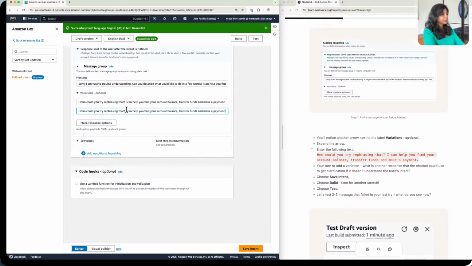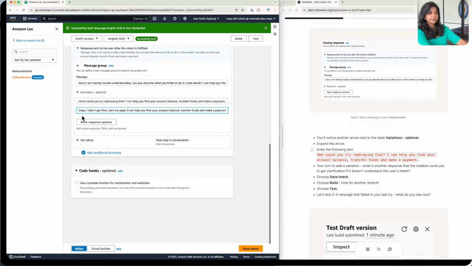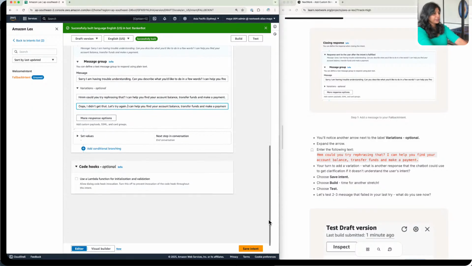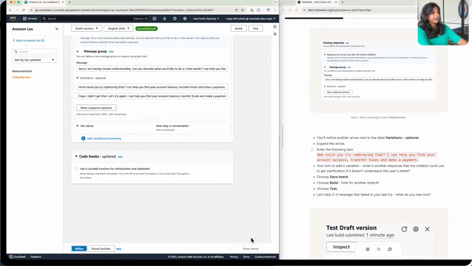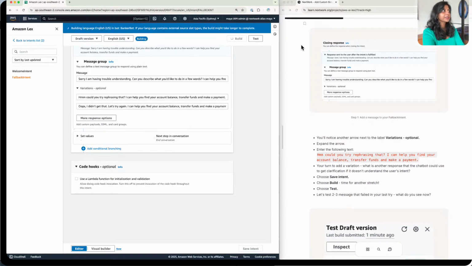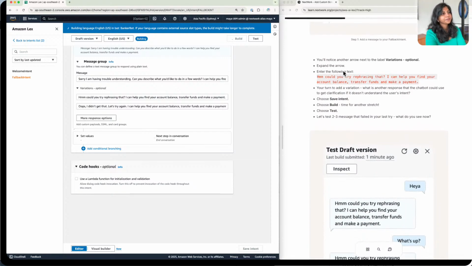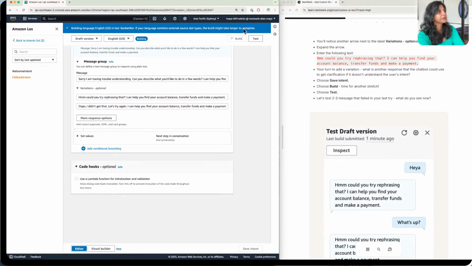I can say, "Oops, I didn't get that. Let's try again. I can help you find your account balance, transfer funds, and make a payment." Looks good? Okay, so let's save this intent and we will build it. And building will take a little time. And as soon as the building is done,